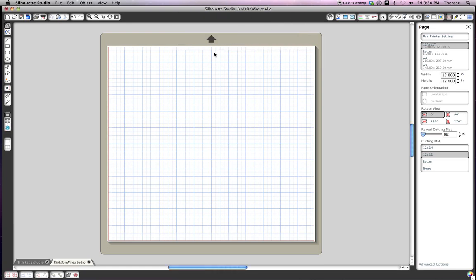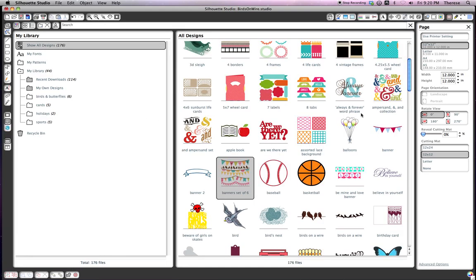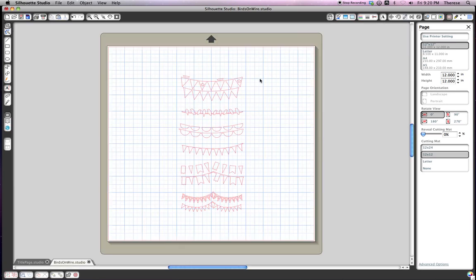Alright, then you will find the shape that you want to work with in your library. So I'm going to go to that, and the shape that I was working with and will be working with today is Banners Set of 6. Just double click on the one that you want to work with, and that brings it up here. So you'll see there's a lot of banners. I had my eye on the birds on a wire, so that's the shape that we're going to be working